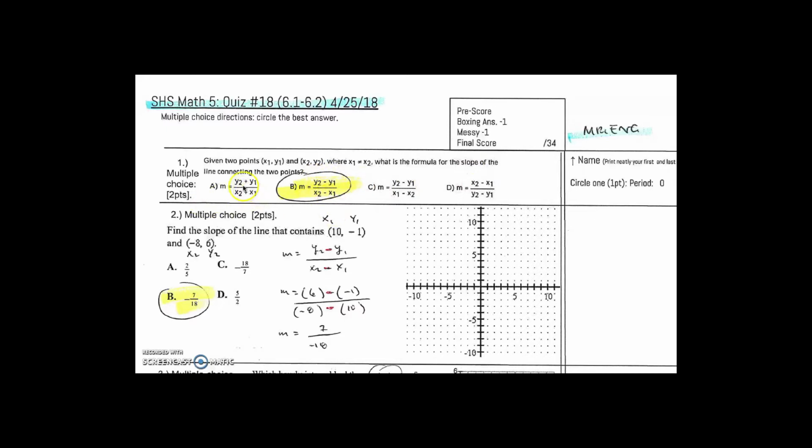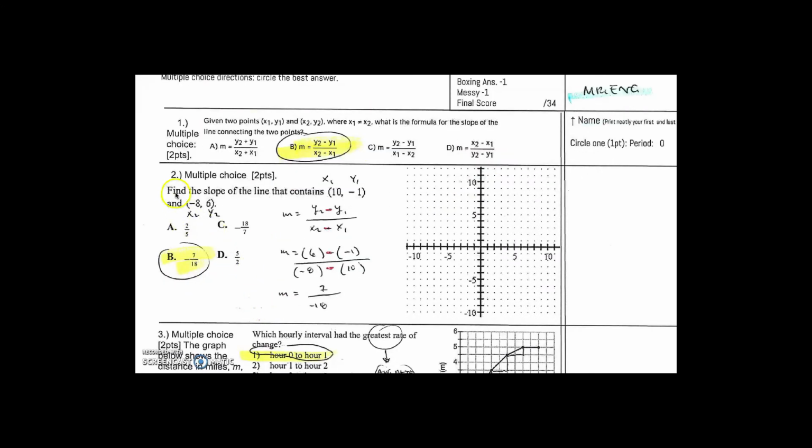Notice here this is plus, that would be incorrect. Notice here that these are not consistent. You should have the 2's over the 1's. This one has the 2's over the 1's, but you have the change of x over the change of y. That would be incorrect. Question number 2, find the slope of the line that contains the points 10, -1, and